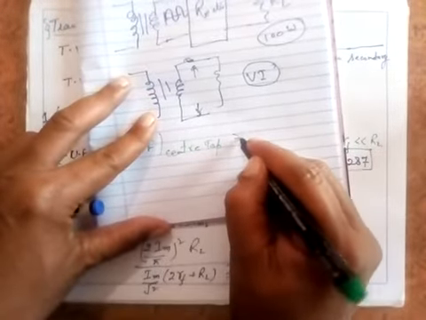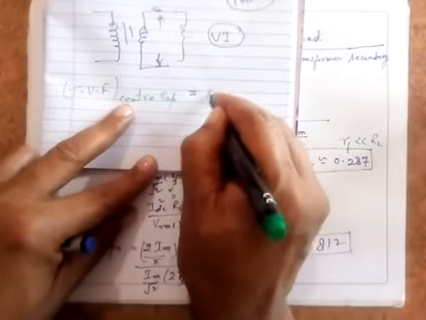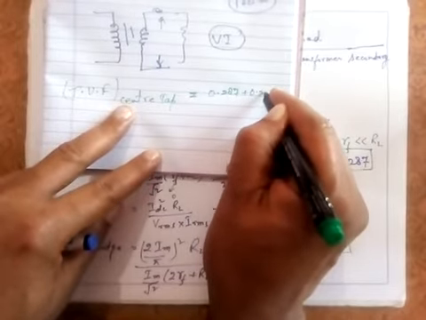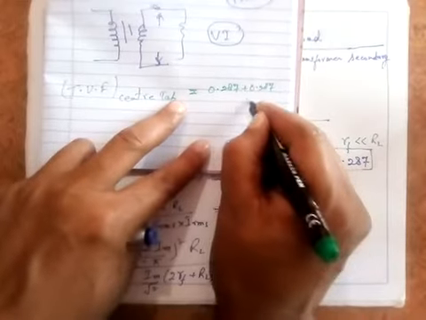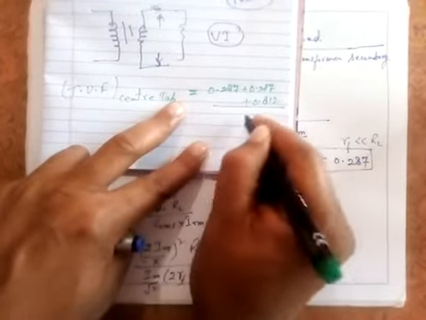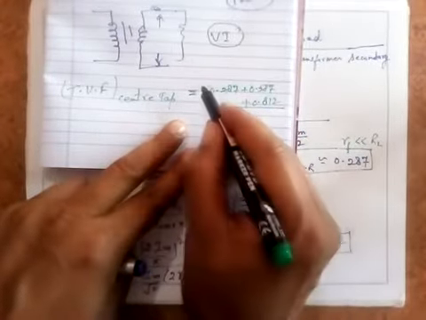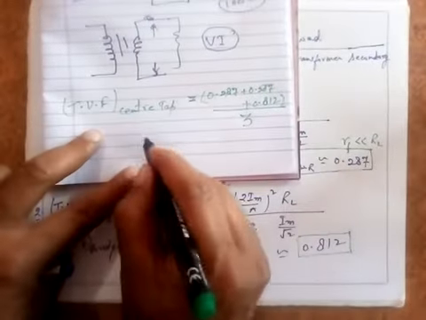So I can say it is 0.287 plus again 0.287, and of course one full wave rectifier, that is plus 0.812. If you take the average of 3, divide by 3 here, this complete factor divided by 3,